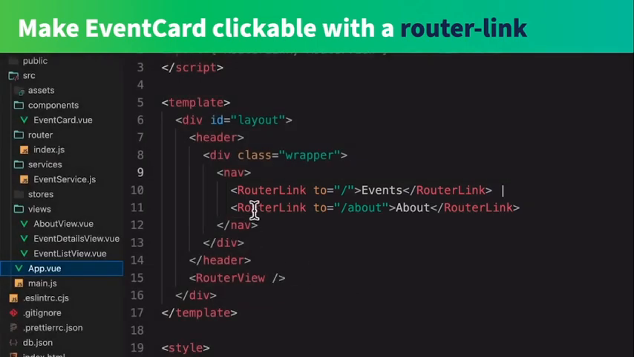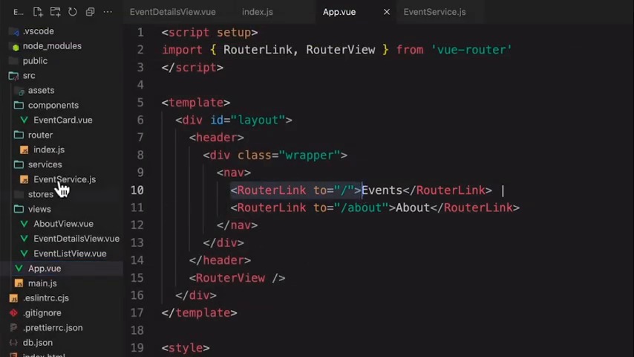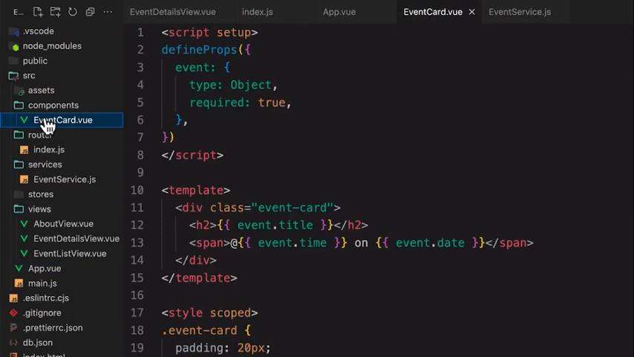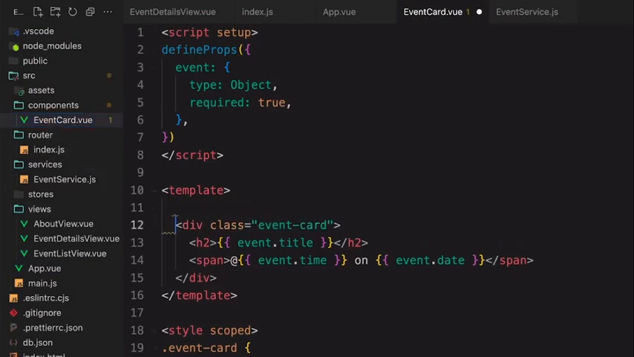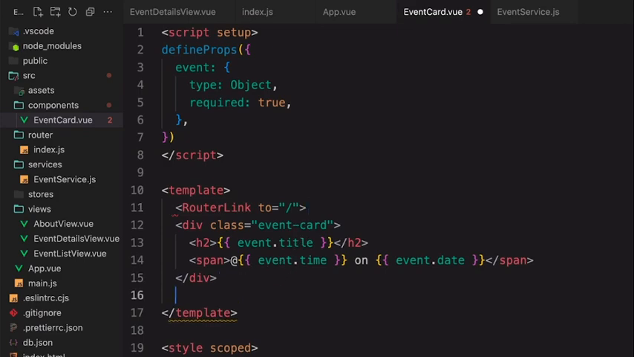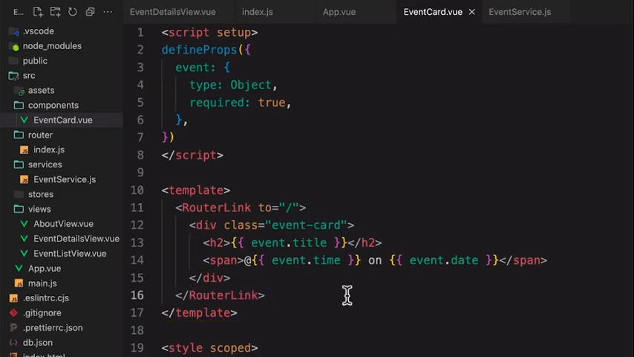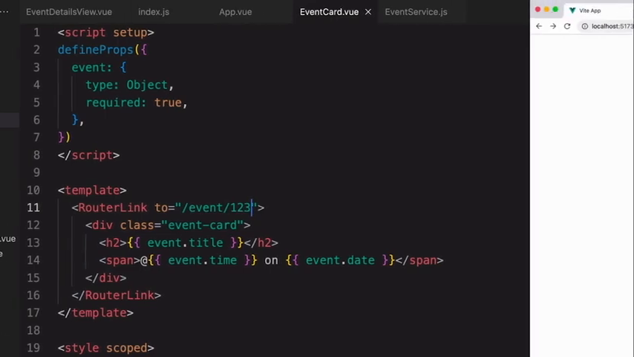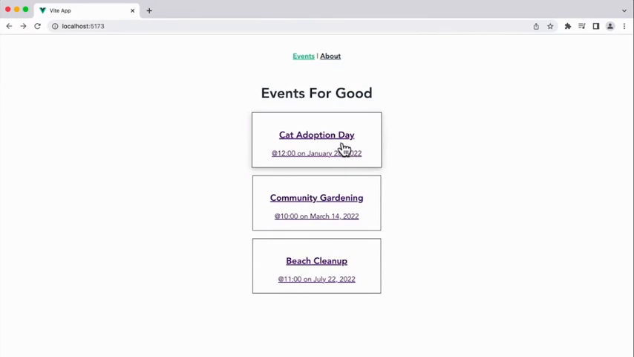So we'll copy this router link and head into our components directory and paste it into the event card so that it wraps all of our code here. Inside this to attribute, I'm going to add that hard-coded path for now, event/123. Checking this out in the browser, when we click on this event card, we're routed to the event details component,